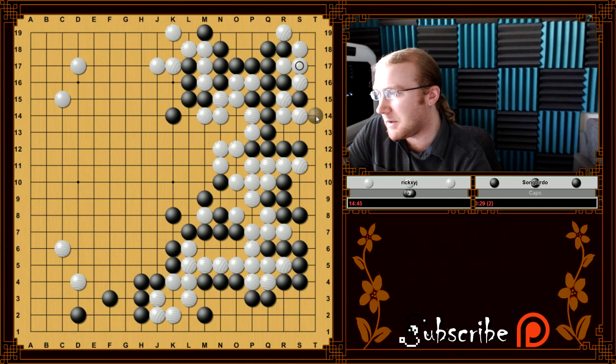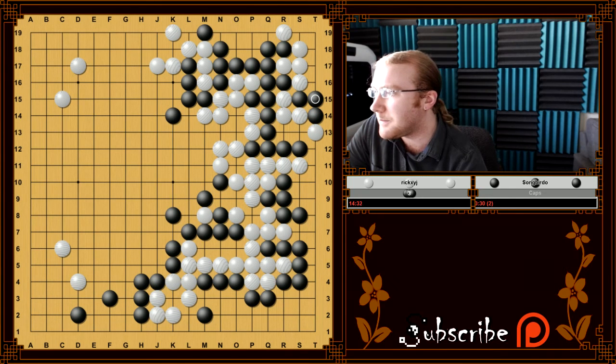I'm also shorting my own liberties. What if he just Ataris or Hanes here? Well, that kind of sucks because I just gave it to him, didn't I? No, because then I can wait a minute. If I play here, he plays that. Son of a bitch. Alright, so this is only...